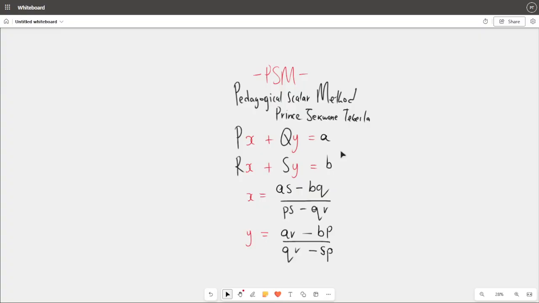Now, given any two linear systems, meaning that you can be given two linear equations in the form of px plus qy equals a, and rx plus sy equals b, where p, q, r, s are all elements of integers. Okay, so they are all elements of integers,